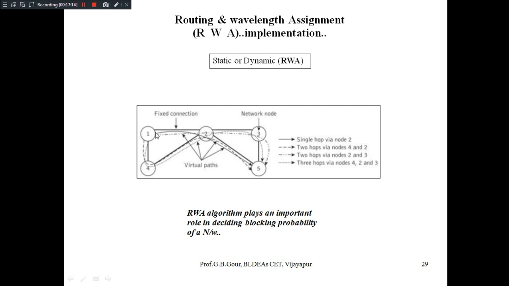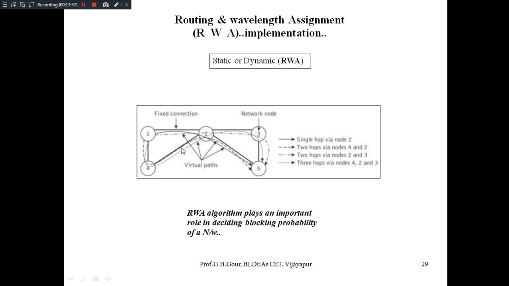Single hop means with one intermediate node, our wavelength will be transmitted from 1 to 5 via intermediate node 2. That virtual path has been shown here. Whereas for two hops we have 4 and 2. We will go from node 1 to 4 first, then 4 to 2, then we are going to reach the destination.